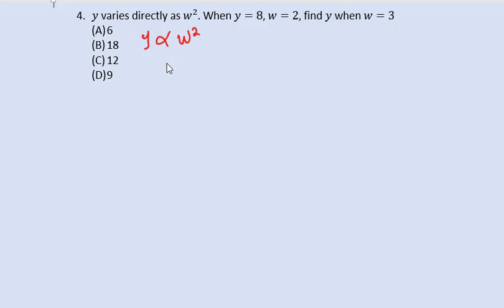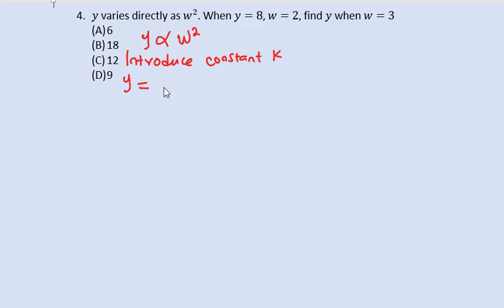Okay, now you need to know the step-by-step approach of how to solve questions on variation. When you are faced with a variation question, the first thing you need to do is to find the constant. So we have to introduce a constant here. Oftentimes in mathematics, we use k for constant. Introduce constant k. From here now it becomes y, and once you introduce the constant, the proportionality sign goes away,